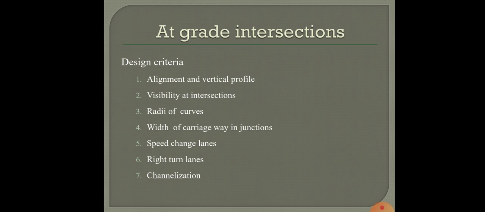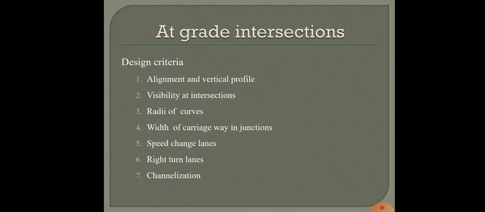We also call it a conflict point, and the area containing all possible conflict points we call the conflict area. The conflict area is usually the area where two or more roads meet, and there will be many conflict points in it. Whenever we design the intersection at grade, we have to minimize the total conflict area, and especially the major conflict points have to be minimized.